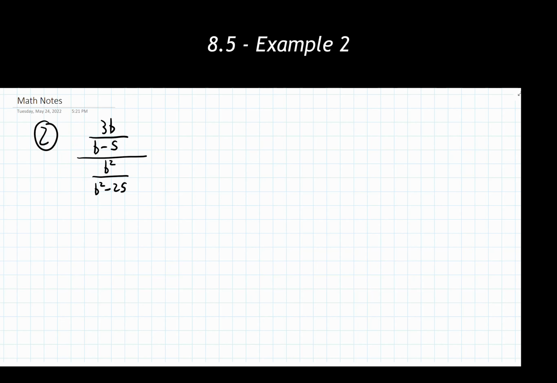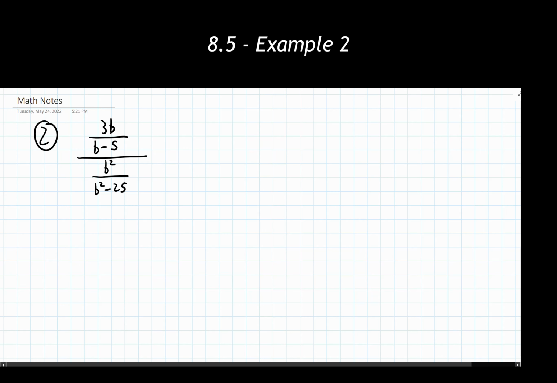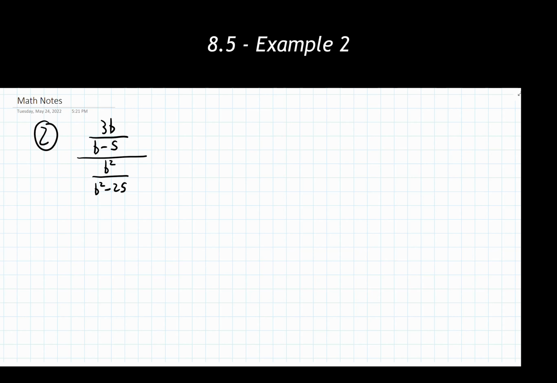Our second example is going to follow basically the exact same process that we did with the first one. Again, I recommend when you are initially writing these things out, putting the numerator and the denominator of the overall fraction inside of a set of parentheses or a set of brackets. For the second example, I'm going to use brackets just to show that we can write it a different way. But if you'd like to use parentheses instead, you're welcome to do that. Just showing a different route that we can take.